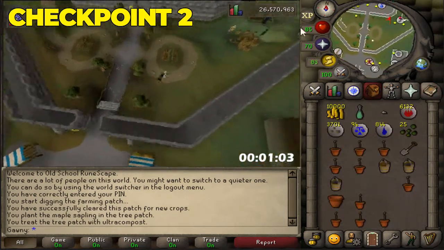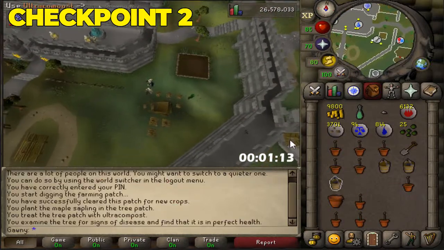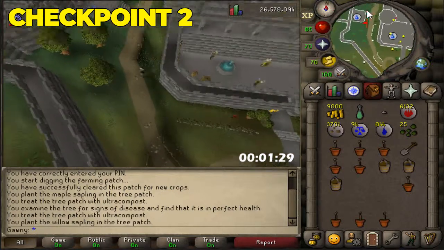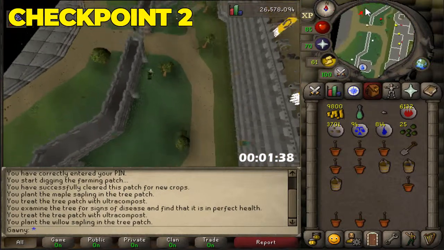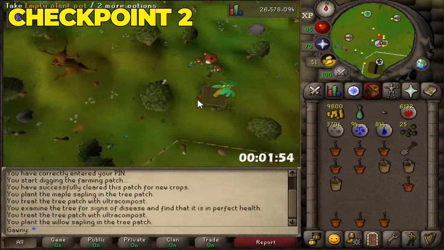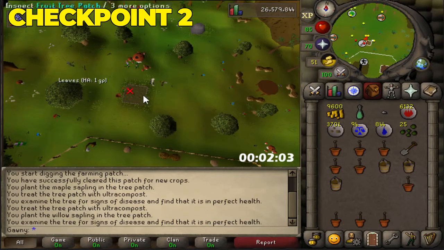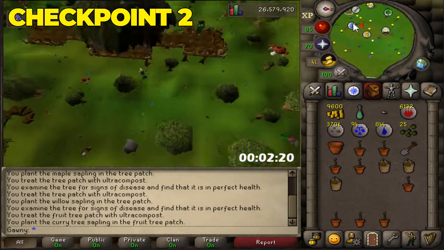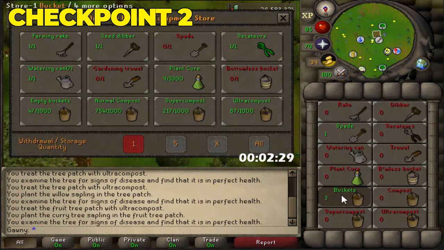Run north, then east, and then you're going to come to your second tree patch. From there, you're going to run west, then north, then into the Grand Exchange, head up towards the Spirit Tree, and you're going to head to the Gnome Stronghold to start. You're going to head east to the first Fruit Tree patch, then you're going to head southwest to the third